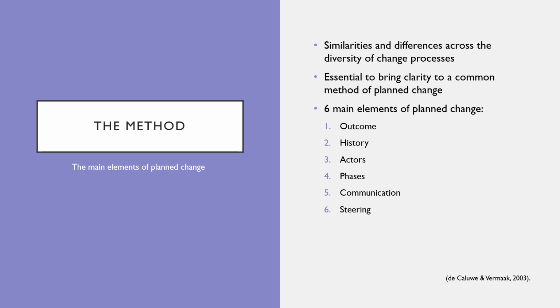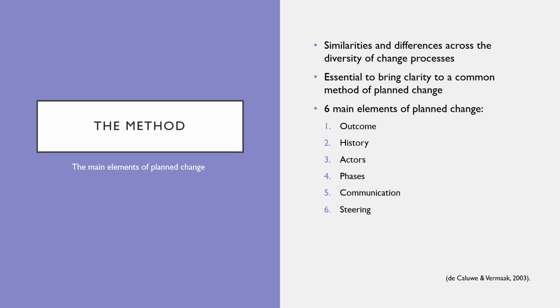The next concept that I'm going to discuss is the method, which are the main elements of planned change. Discussions with colleagues and clients and an examination of literature revealed a large number of similarities and differences across the diversity of change processes. De Caluwe and Vermaak thought it was essential to bring clarity to a common method for two reasons. One, the process is seen as a whole, allowing it to describe and communicate about change processes, and two, the elements of change processes form a roadmap to help change agents shape change processes and increase their awareness